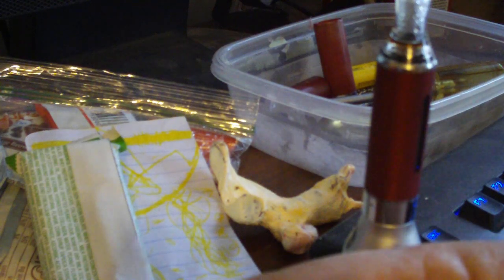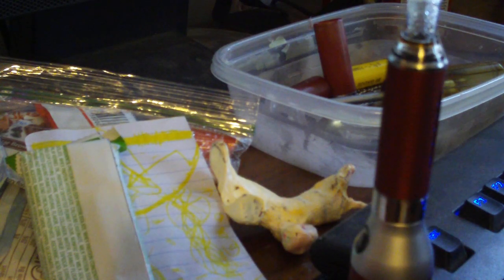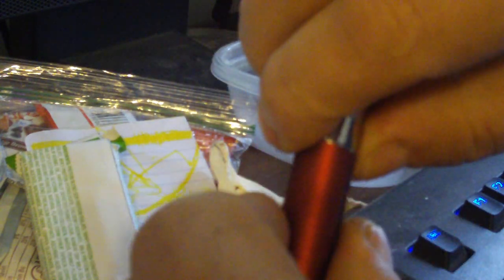So anyway, here's some e-juice that was sent along to me. I have no idea what flavor it is. I like the little applicator, though. The applicator is super cool. It makes everything a lot neater. So what you do is you turn this thing upside down. This is the Kanger EVOD. You grasp it by the atomizer, which is that silver part, so that it doesn't